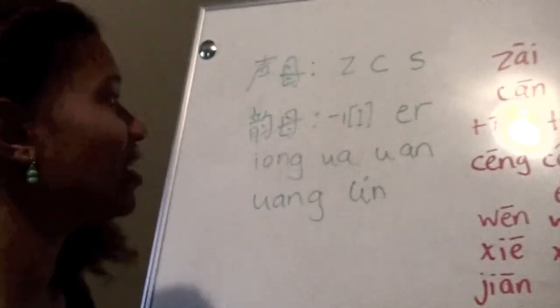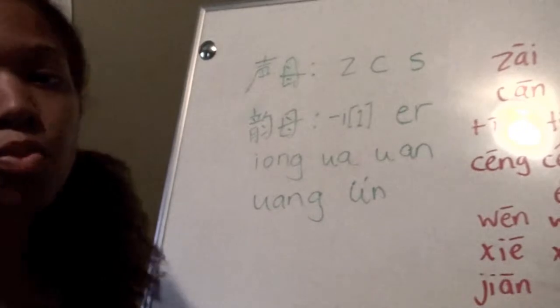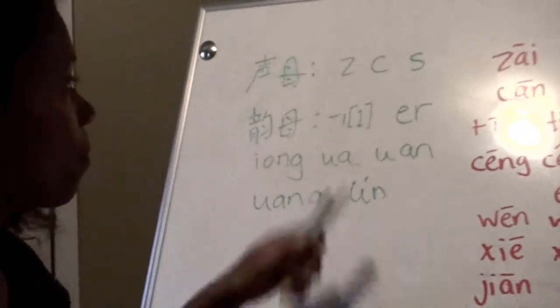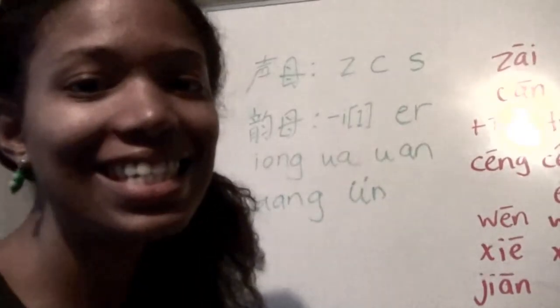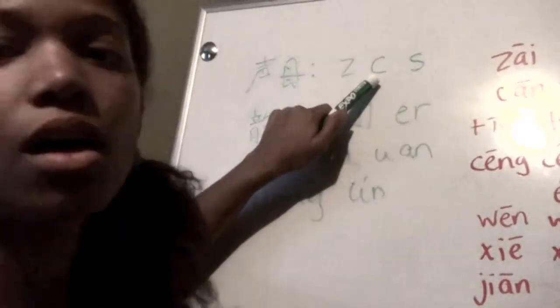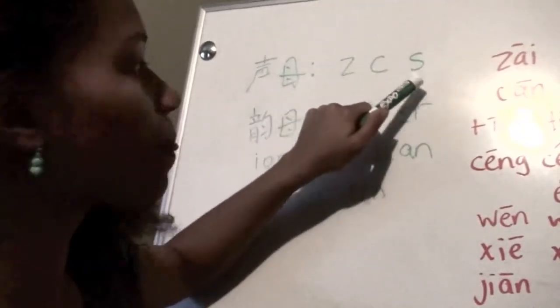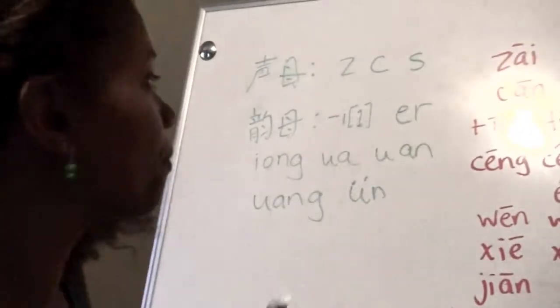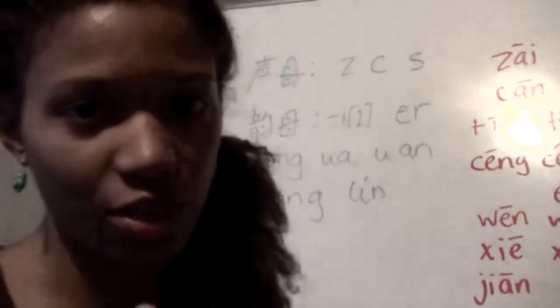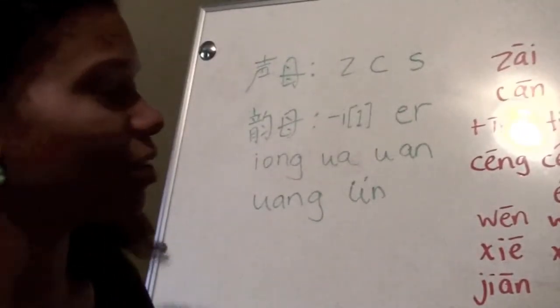语音练习。好，我们开始。声母 z, c, s. People have problems with these three initials, and I don't really know how to explain it other than,